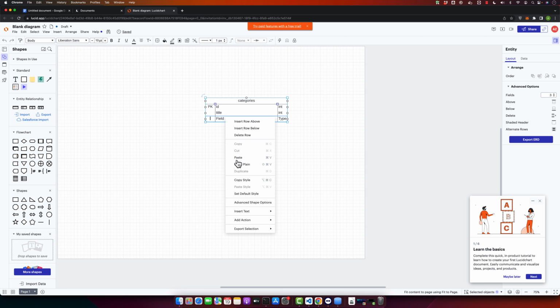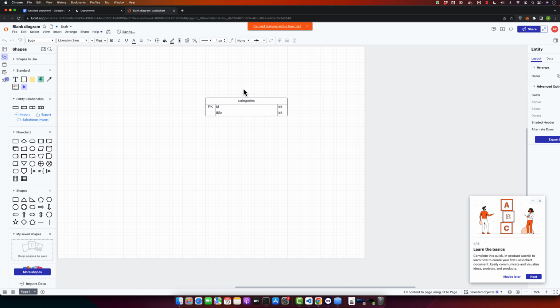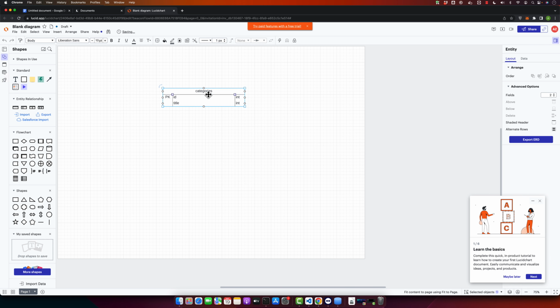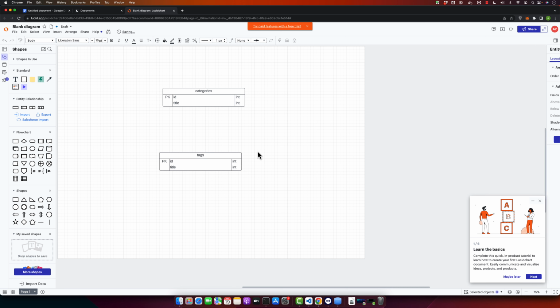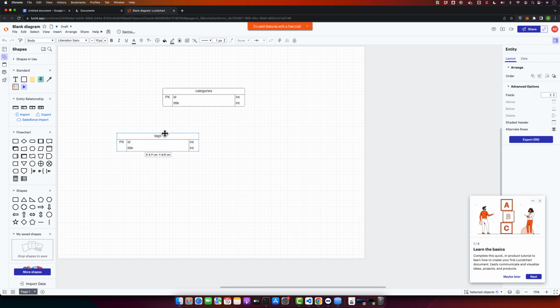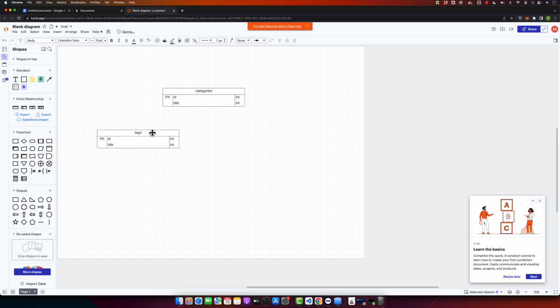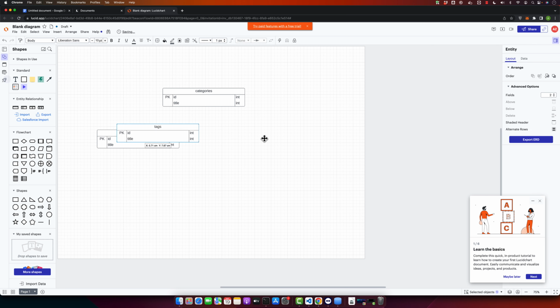That's it. After that, we will have another table that will be tags, and that will also be same like categories. And after that, another table that will be posts,